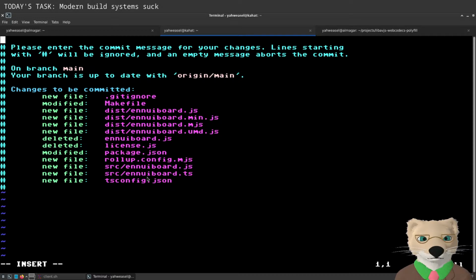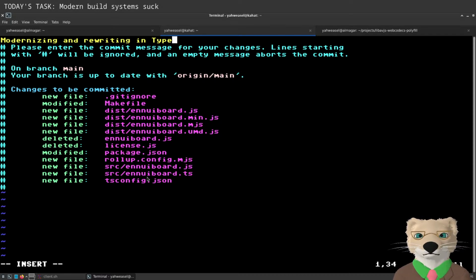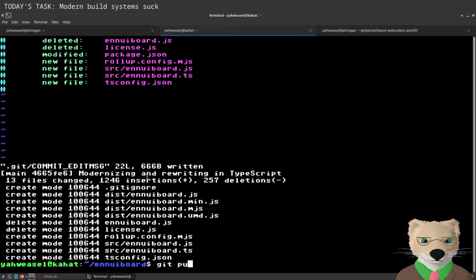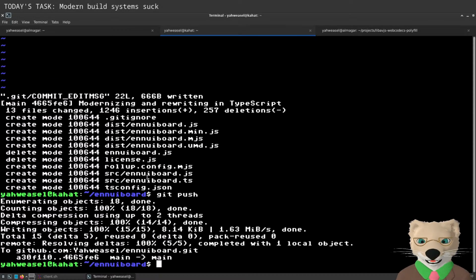There we go. Short commit message for a repository that I haven't touched in years and years and years.